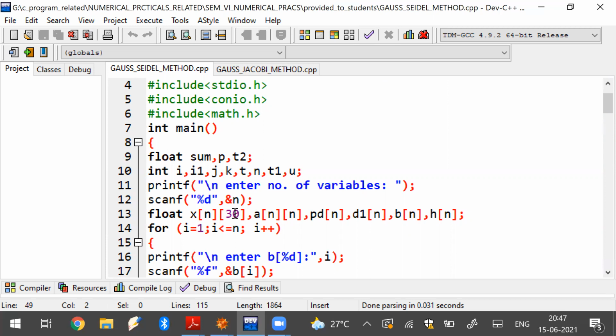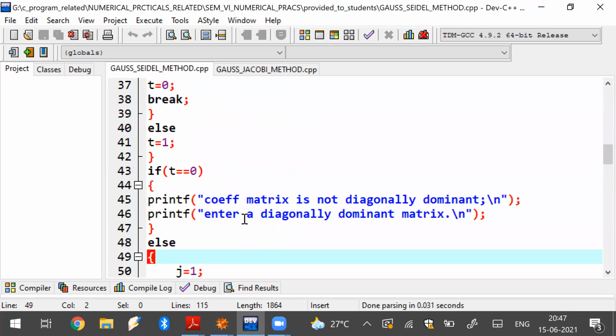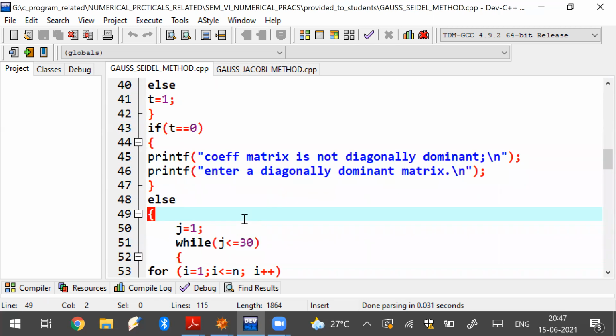Sufficiently many numbers you can just input. This depends on the problem. I cannot say right now what the standard to take will be. So for my problem, I have taken 30.